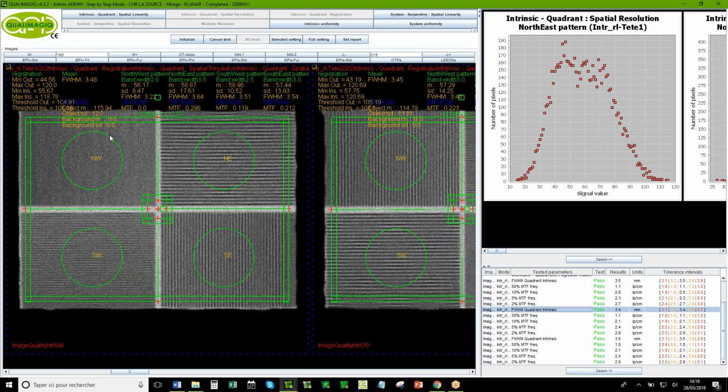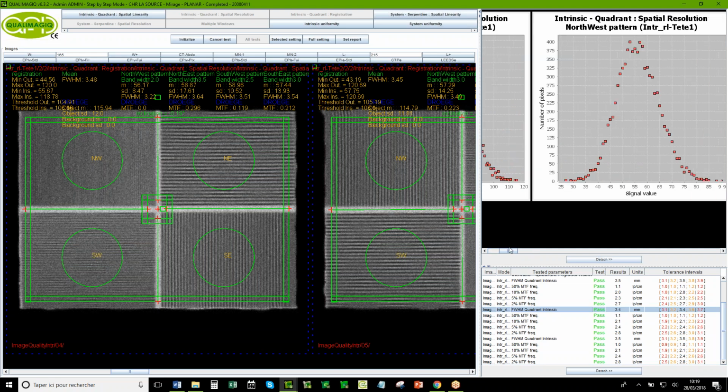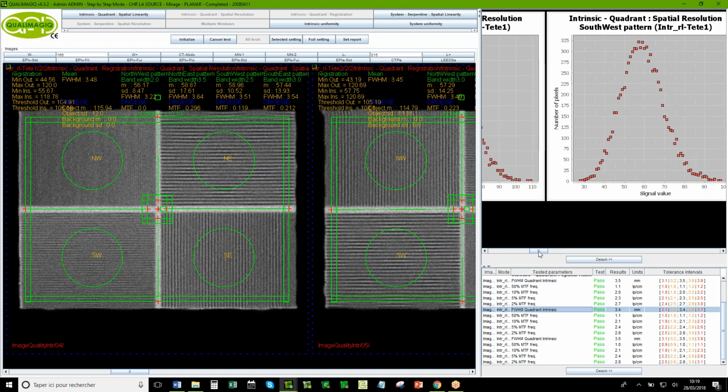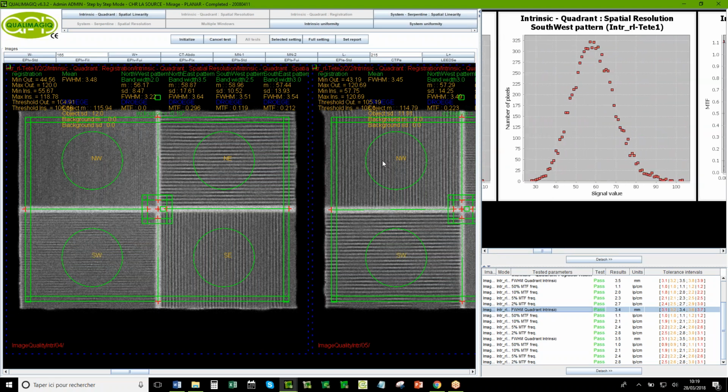Traditionally, this method is a visual method. You look at when you can separate the black and the white line, and you have the frequency with your pattern, and you can declare which frequency you can see. So with the software, of course, you can quantify that. We have 2 methods, the Drudge and Morin method, and the second one is to measure the full width half maximum of the Gaussian profile.